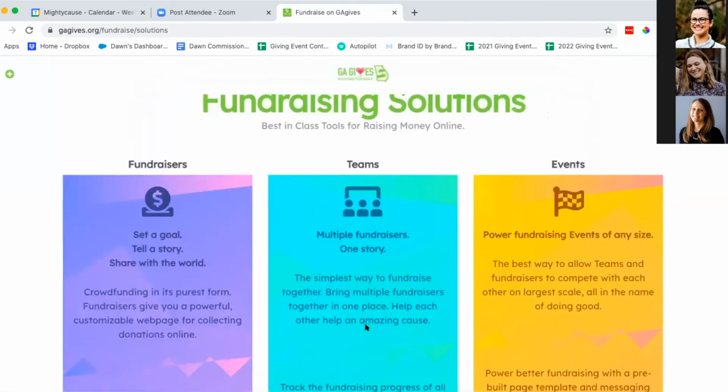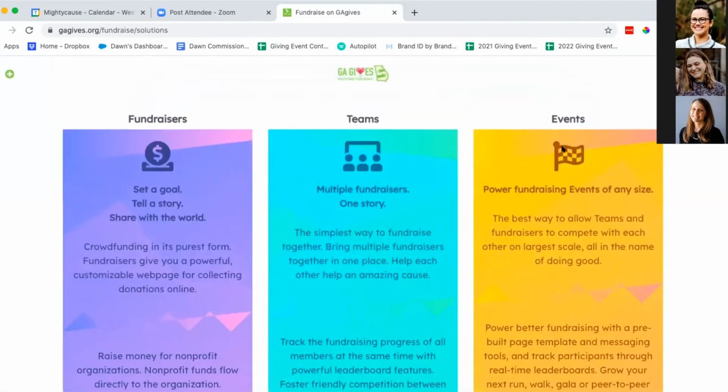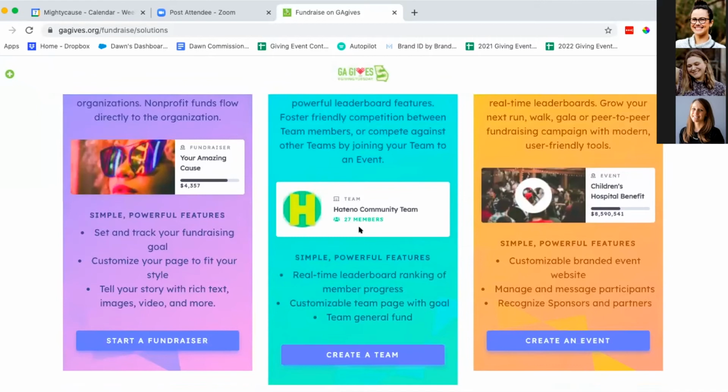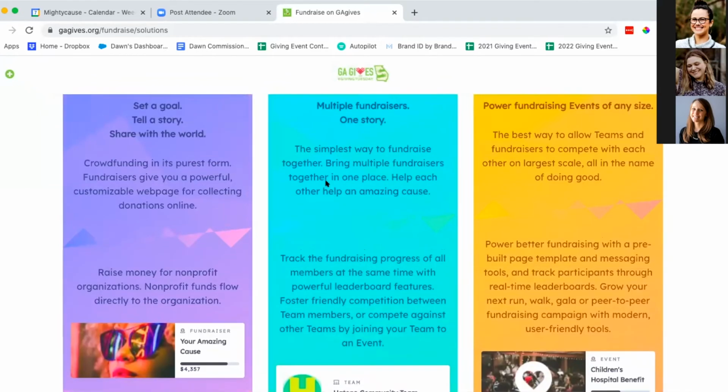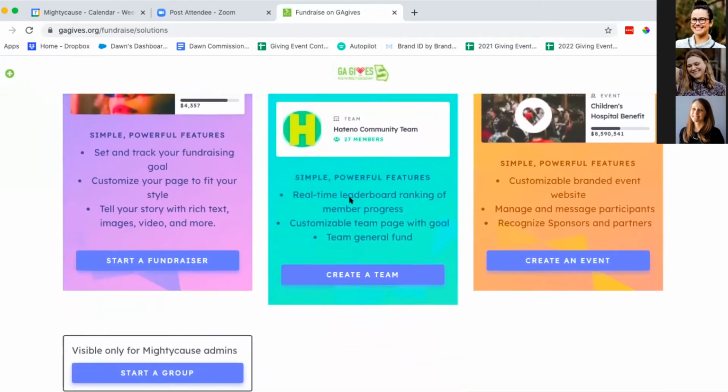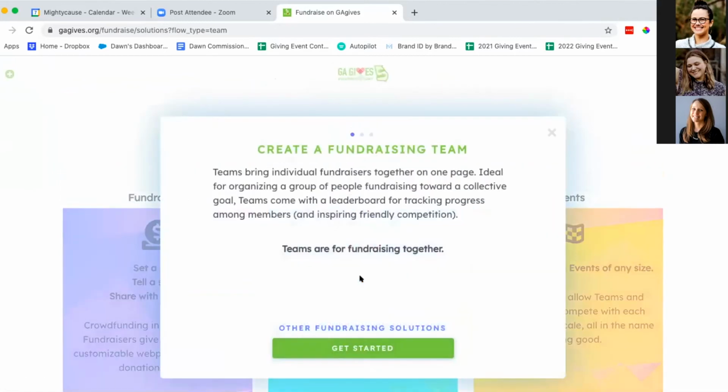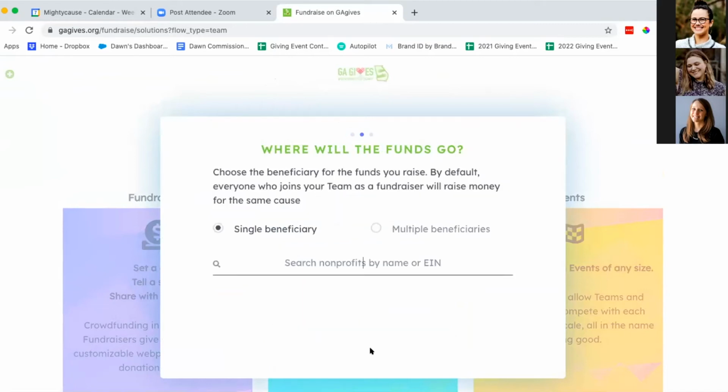If you do that, it gives you the option to create a team or an event page, which is the step above the team. So let's say we want to create a team. It gives you information about the differences between each one. Then you can create a team, and it starts you through the same kind of process, but for a team. So single beneficiary,